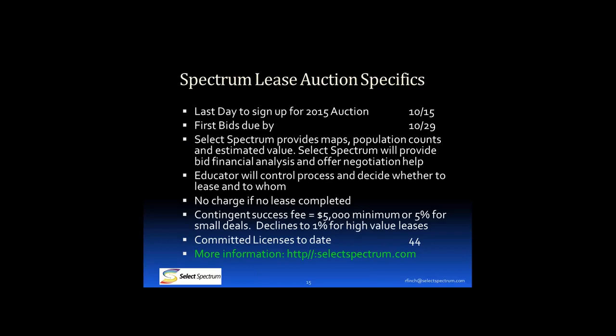Our fee starts at $5,000 as a minimum. 5% is the rate for smaller deals. I think in the situation I just showed, the total commission was a little over $5,000 for the $108,000 present value deal in the Oklahoma example. The rate actually goes down as a percentage as the value of the leases goes up. So we do the evaluation for you. We give you the numbers. We'll tell you what our commission will be if you choose to accept it.